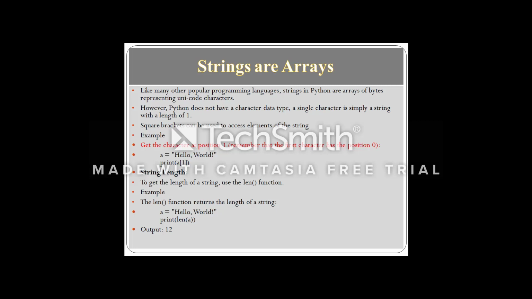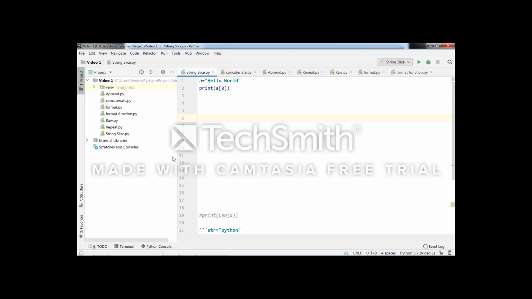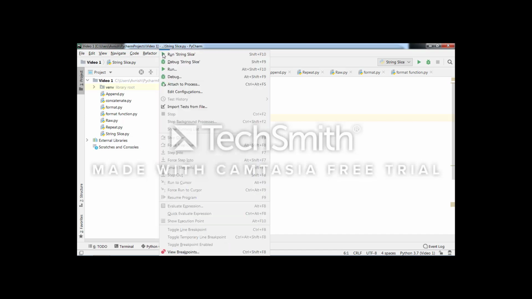Suppose we see this example on the console. Here is the same example. Here hello world we have stored in variable A, and using the print statement we are accessing the A of 0 position. Let's see what the output is for this code.